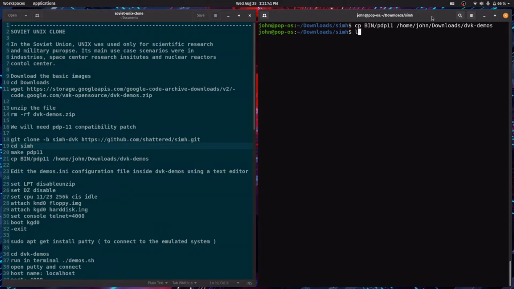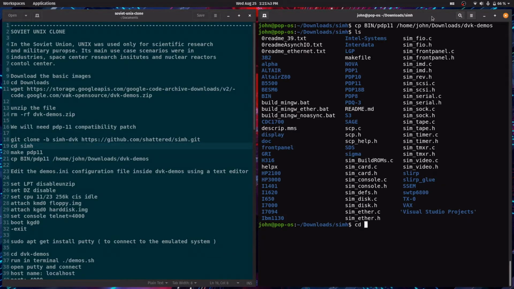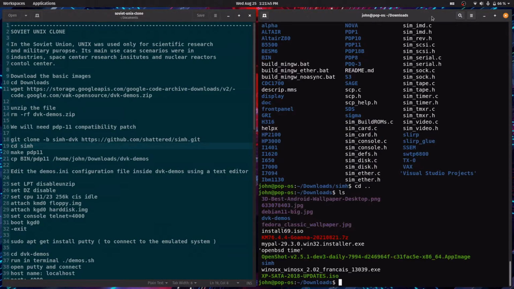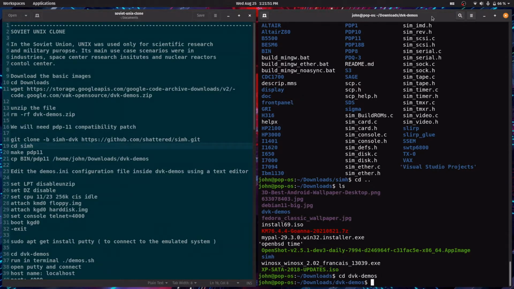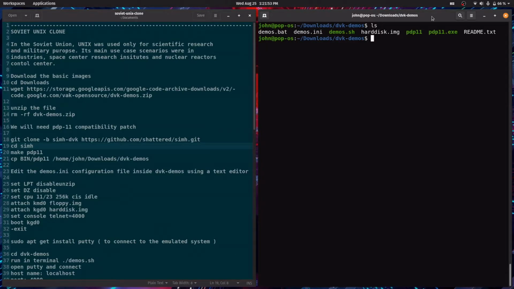Enter. Let's go into the dvkdemos folder to check if it copied the files successfully, and we see pdp-11. That is the file that we copied.